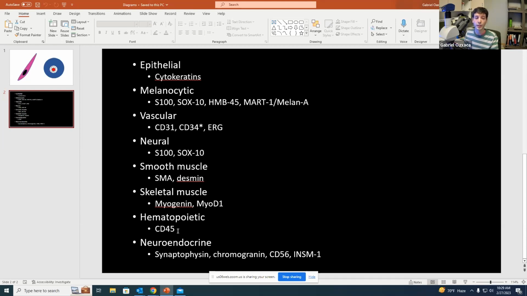However, CD45 is a decent immunohistochemical stain just to narrow something down into potentially hematopoietic origin. There are some exceptions to CD45 staining in terms of hematopoietic, but we're not going to get into that at all in this lecture. And then within carcinomas, there might be certain lines of differentiation even within carcinomas themselves,